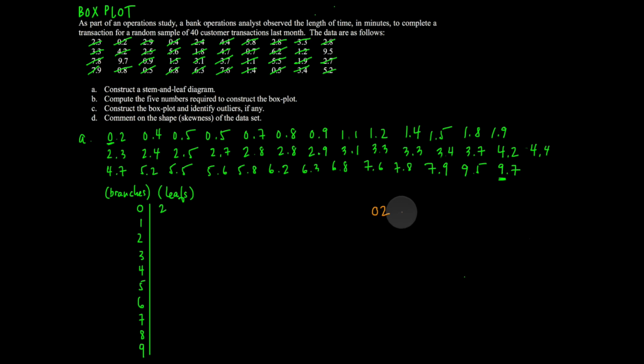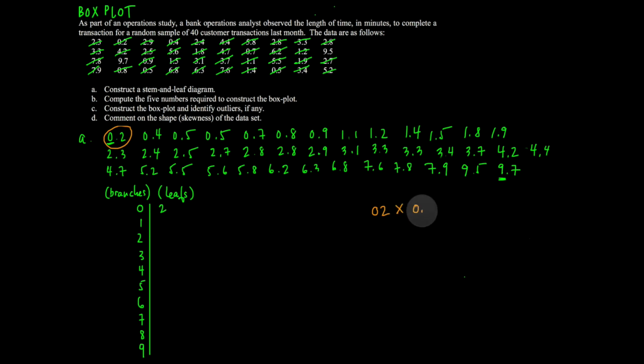So then, in order to find the leaf unit, what you have to ask yourself is, what do I have to multiply 0.2 by in order to get what's in the data set, which is 0.2, okay? So remember, you extract the number straight out of the stem and leaf, just 0.2, and then what do I have to multiply this number by in order to get the actual data point, which is 0.2? So in this case, it would be